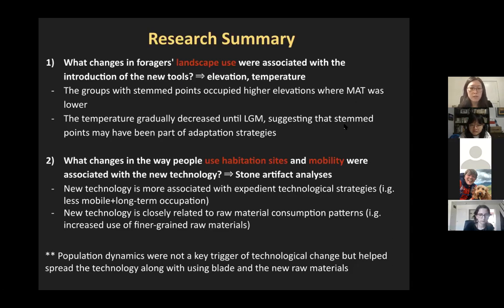I conclude this: the new technology is closely related to raw material consumption patterns, for example, increased use of finer grained raw material. And probably the demographic patterns weren't playing an important role in this transition.